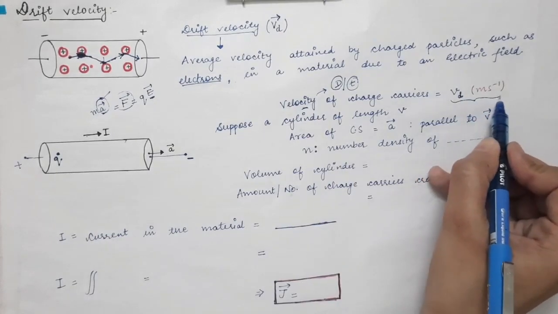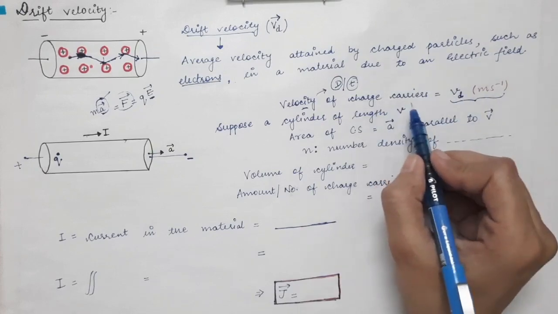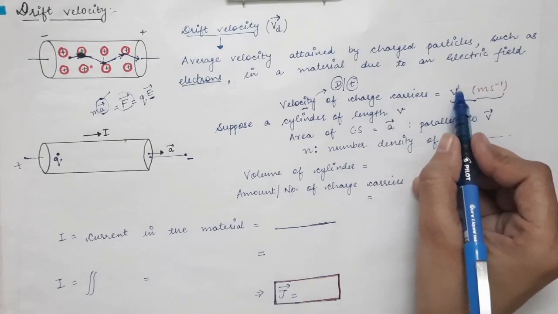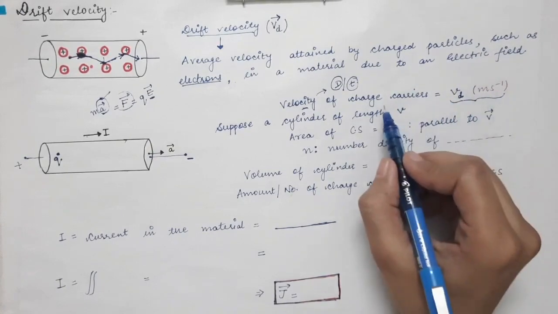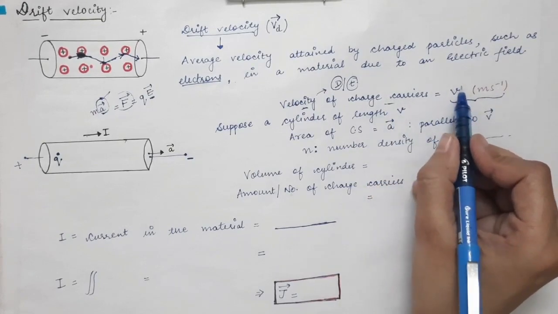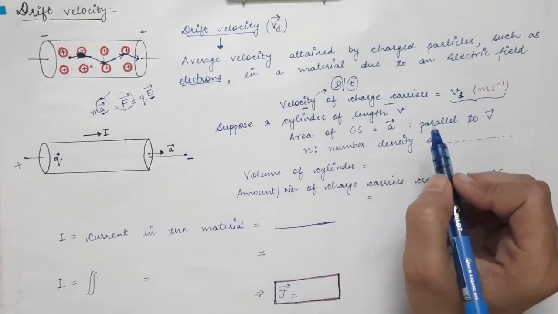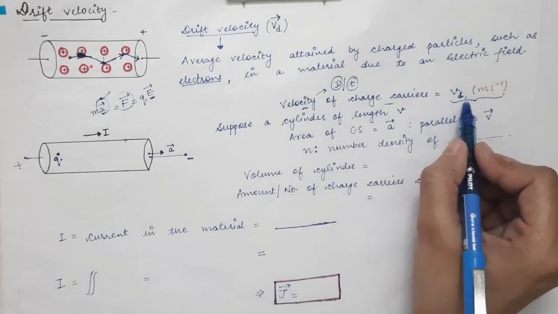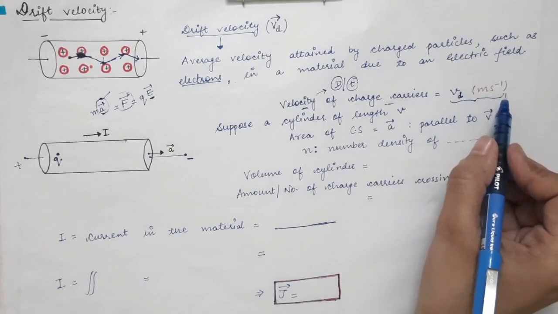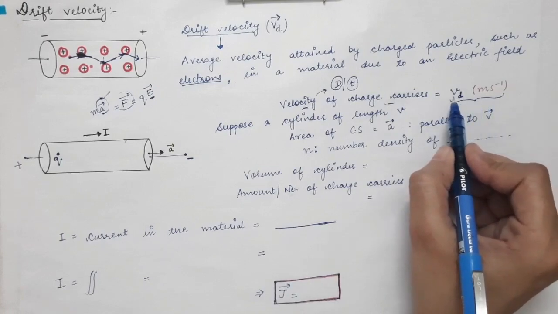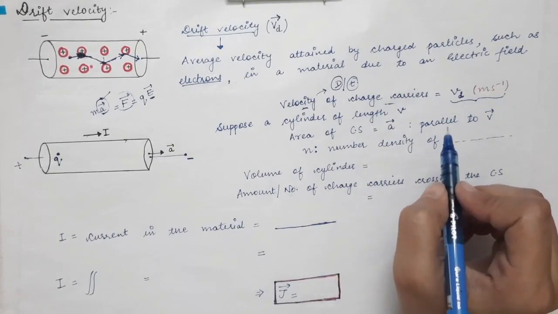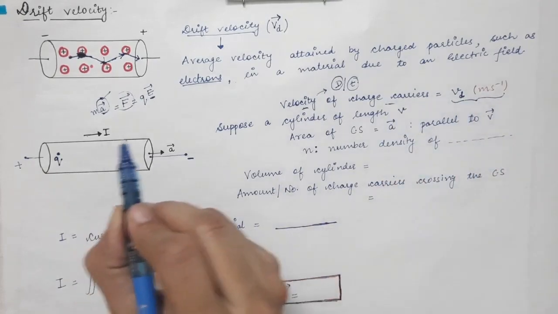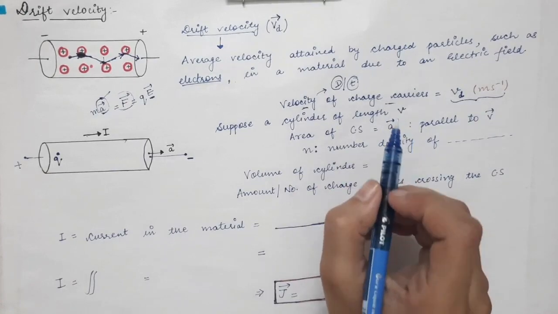So what do we mean by this? Vd meters per second means the charge carriers travel Vd meters in 1 second. So in 1 second, these charge carriers will travel a distance of Vd inside the conducting material. So Vd is the velocity of charge carriers, meaning they are traveling Vd meters in 1 second. So now I am supposing only Vd length of the conducting material, as they will travel Vd meters of distance in the conducting material.